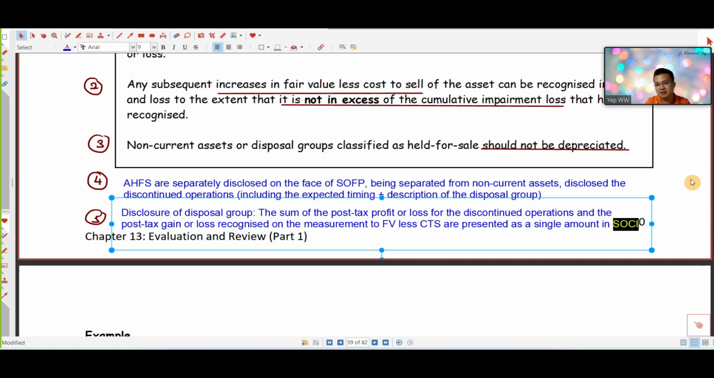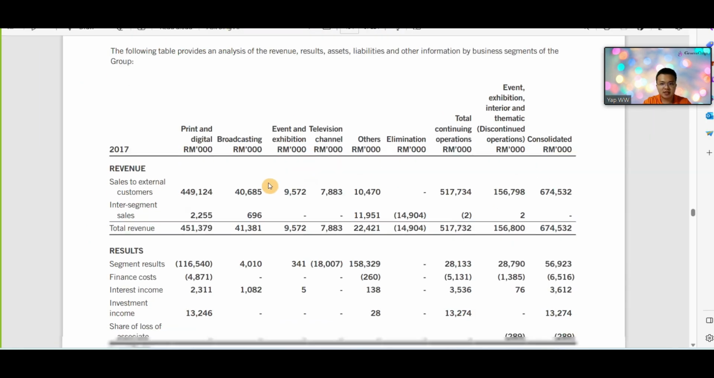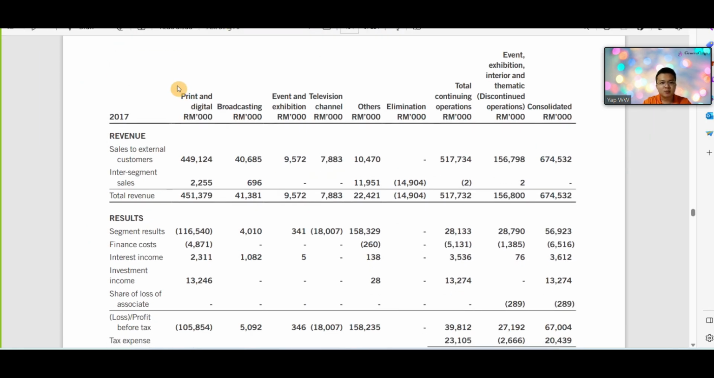So what does it mean? If you look back to the earlier part, we have completed the operating segment, right? Operating segment, how does it look like? It looks like this. I gave you a sample to see. Print and digital, how much revenue? Broadcasting, how much? And so on and so forth. Different segments. So if one of the segments over here is no longer continuing, then they must show it as discontinued operations. Otherwise, it could be very misleading,